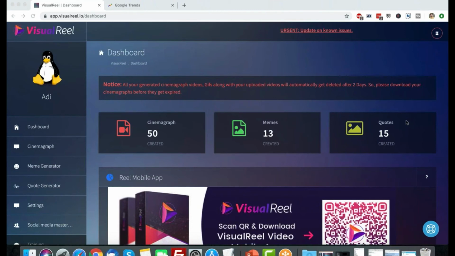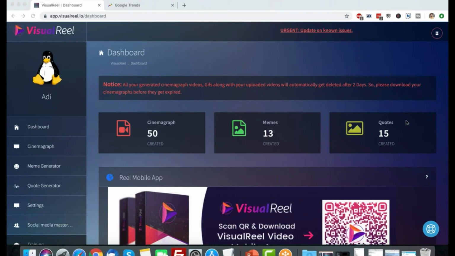And then quotes, again, are motivational, are interesting, and are always something that people love to share. Not a lot of people actually tag their friends on quotes, but they love to share them. Again, sharing is a great thing. It gets your content more visibility. And once people are sharing your content, the Instagram, Facebook, and Twitter algorithms see that your content is good and worthy, so they start showing it to more people. So yeah, that's pretty much it. This is how VisualReel works.